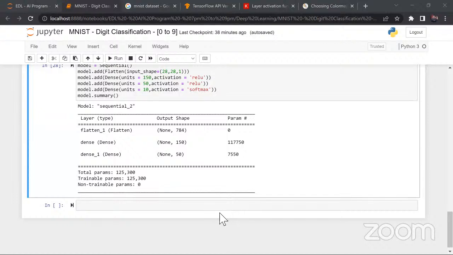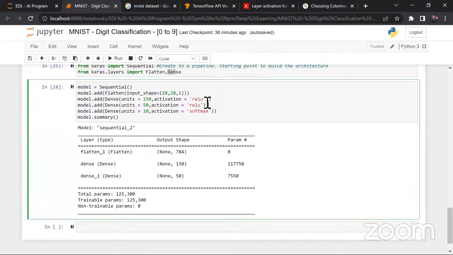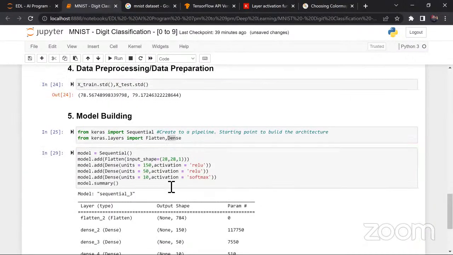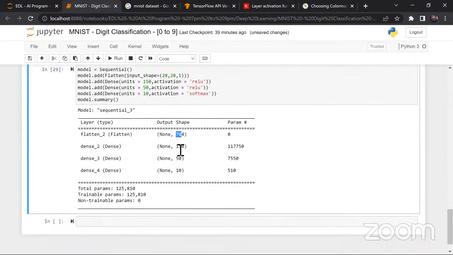Sigmoid. I think this point everyone observed. Wonderful. Sigmoid. So this is how I can construct my model architecture. All right, step by step, you can just add it. So now if you see, 784 neurons got connected to 150, and this 150 got connected to 50 and